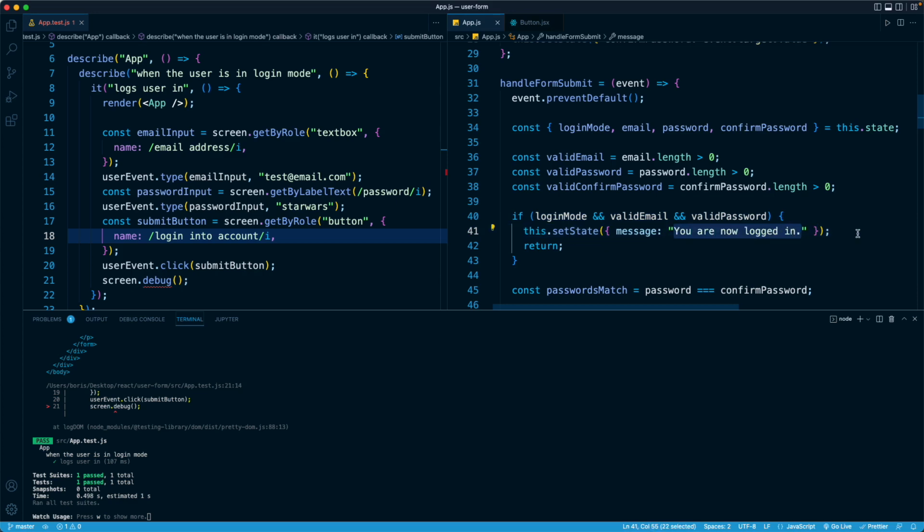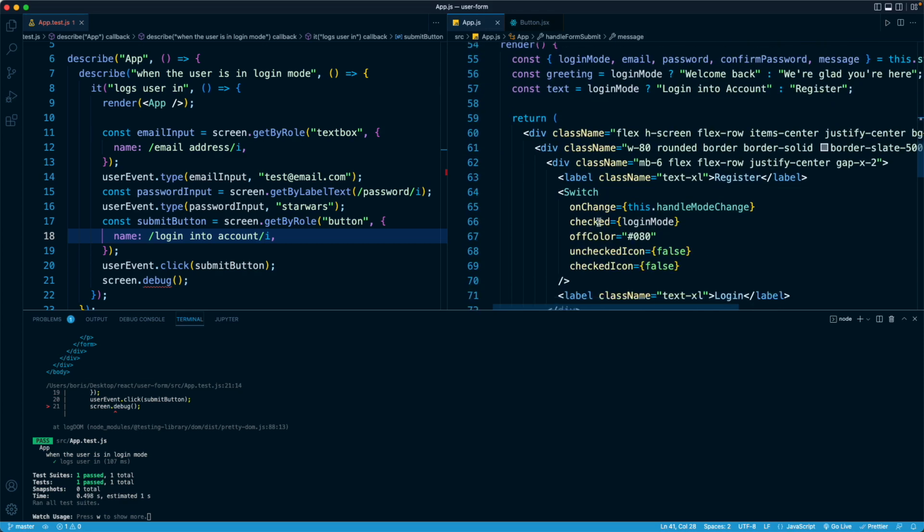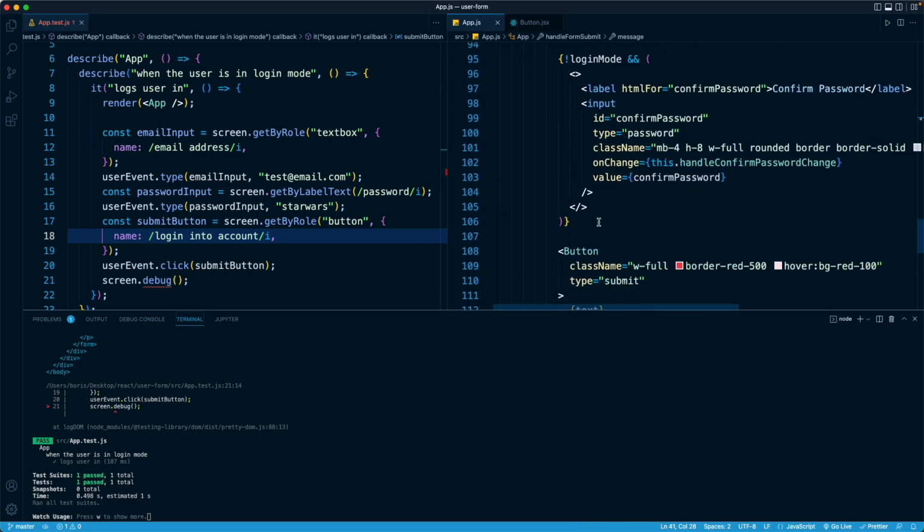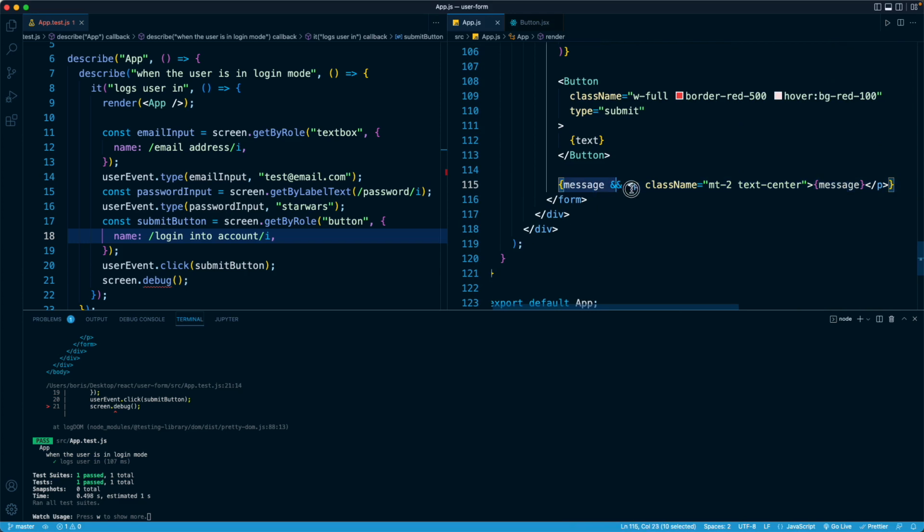And once again, thinking back to the principles of React Testing Library, we don't care about things like component state. We don't care that this property is called message and that it's being set right here. The user visiting our website has no clue about React or any of these JavaScript details. All we care about is the user experience, and that is what the user sees. So we are displaying the message right here, and that's basically all we need to check for, that the message